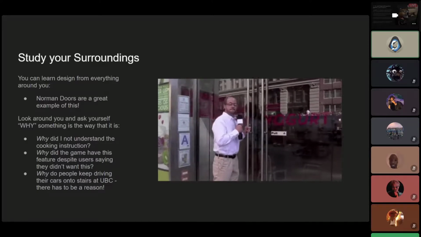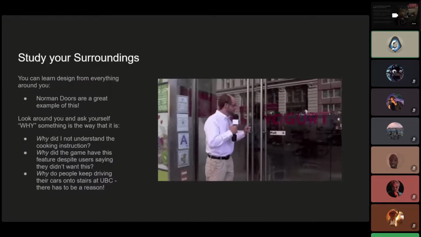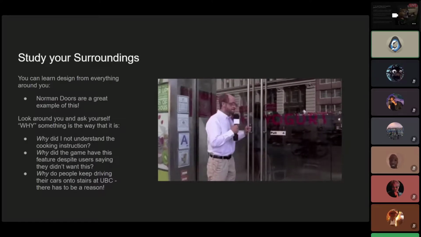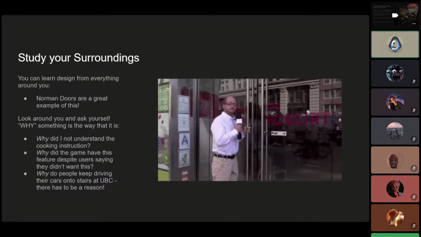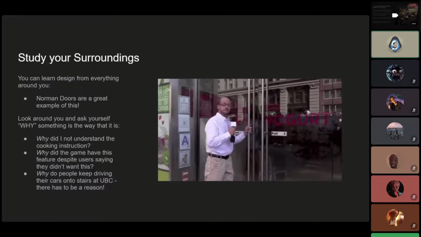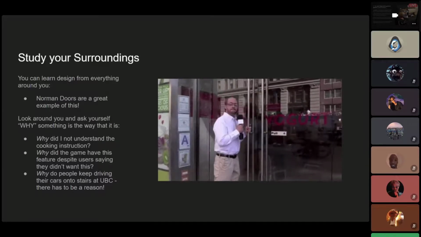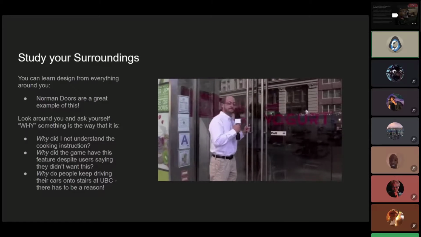I remember in school they talked about cars, like the headrest, there's a little gap on the headrests, especially in newer cars. That actually came about because women were having ponytails in their hair and getting headaches from having it dig into their head without the gap for it to rest in. It's kind of interesting. But again, I just say, look around and ask yourself why something is the way that it is.